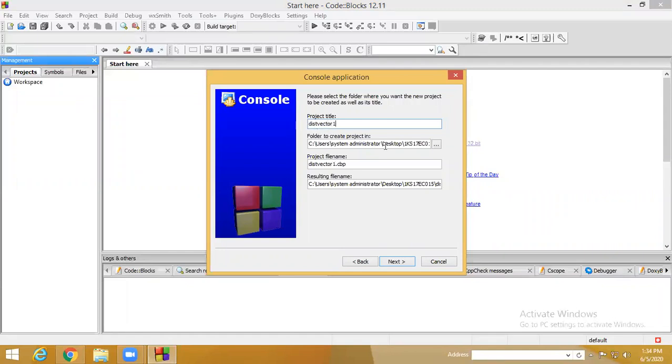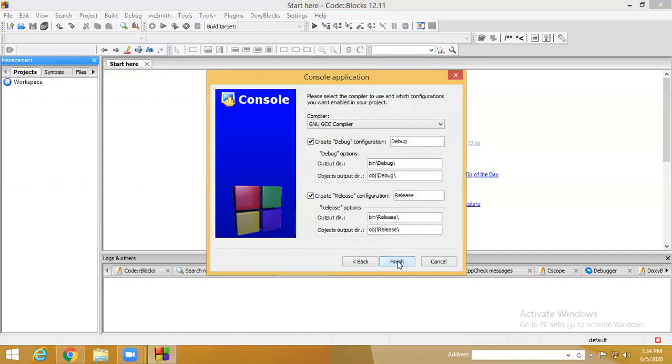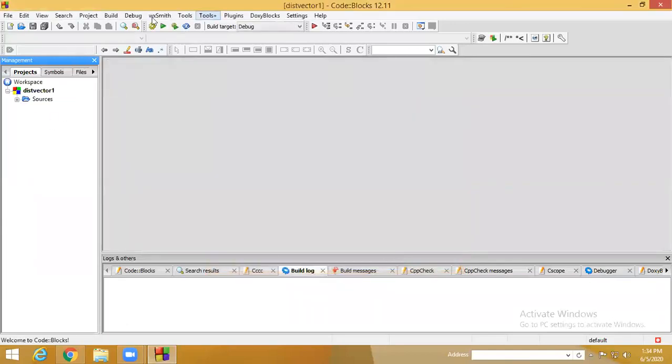That should come under the folder which you have created. For example, on the desktop, in your USN folder, the project title will come. The same will appear as a file name with the extension CBP. Go to next, and the compiler is the GNU GCC compiler. Finish. Now the screen appears.